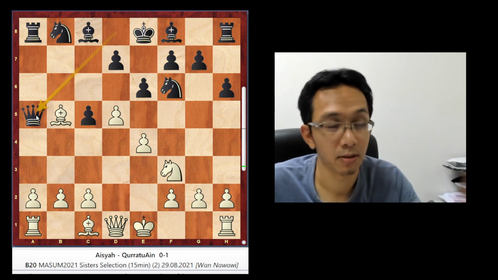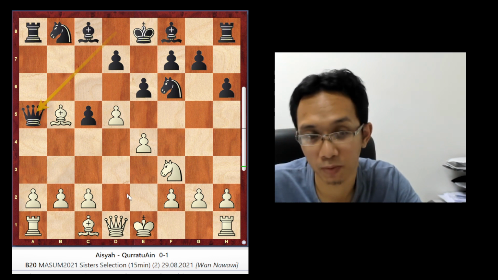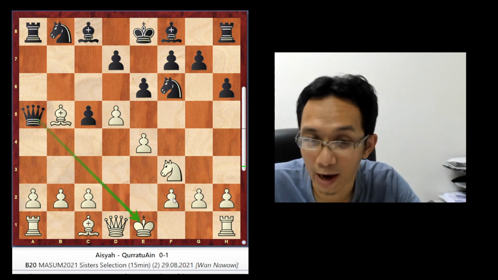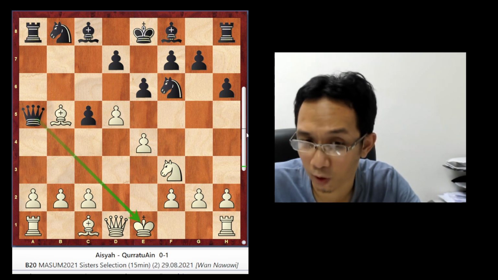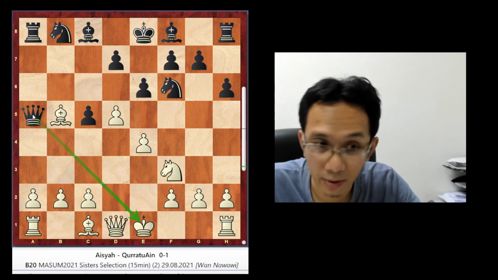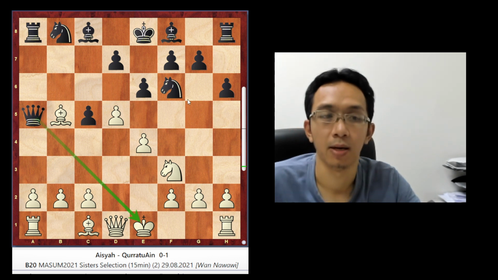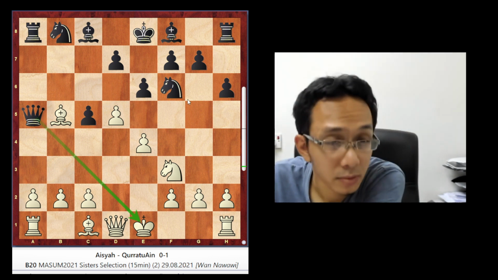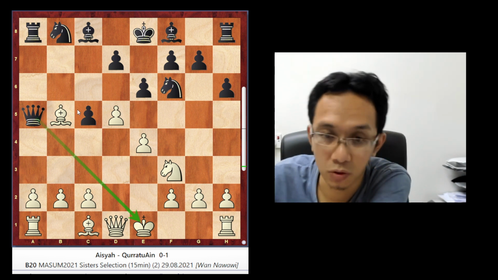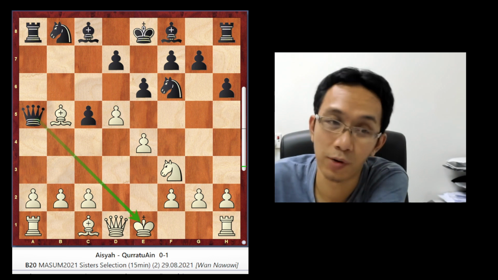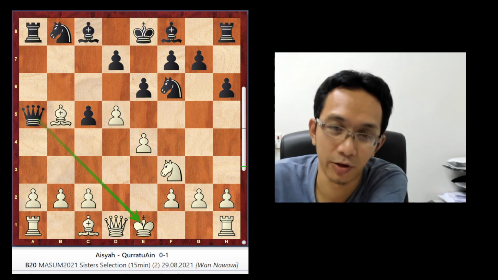So remember, for the sisters, the problem is always here: the weak diagonal. Not only is the F pawn a problem later on, but also this A5 check. Always be careful about that. So you should play like this. Black should play like this. It is much easier to win, because you get like two pieces already.